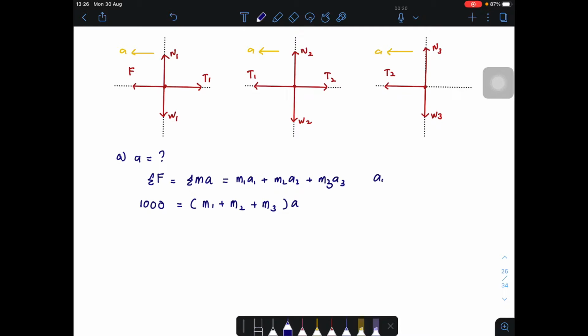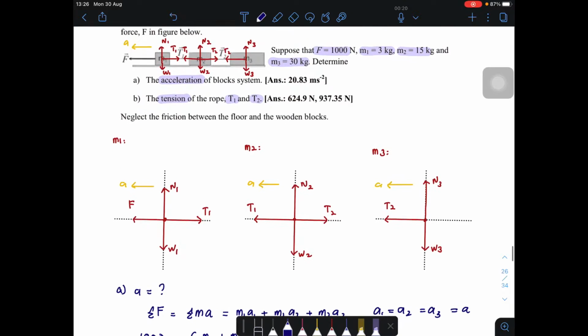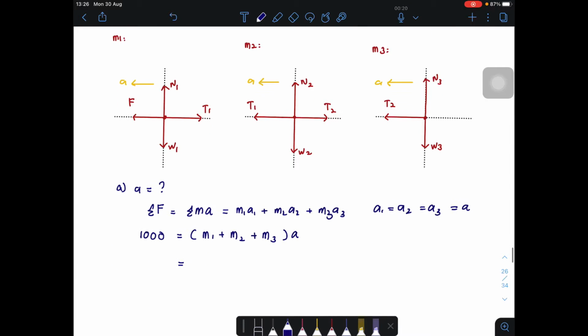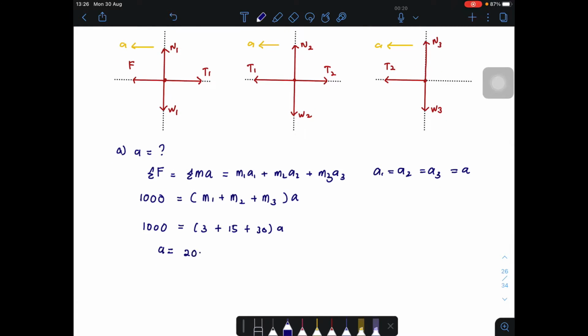But since A1 equals A2 equals A3, which is also equal to A, we can leave it like this. So just insert M1 is 3, M2 is 15, M3 is 30. Okay, so we will get acceleration equal to 20.83